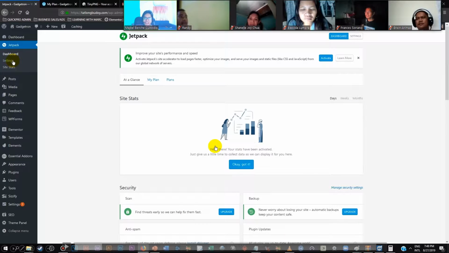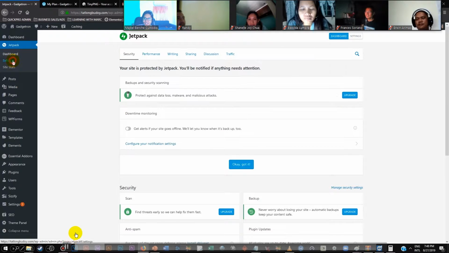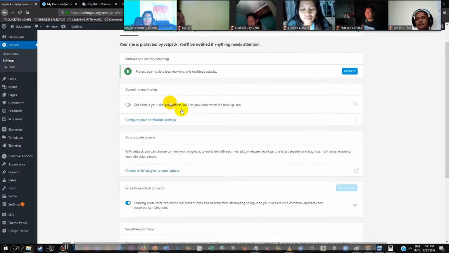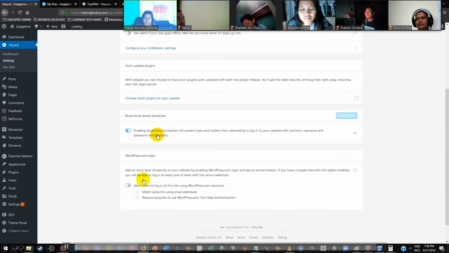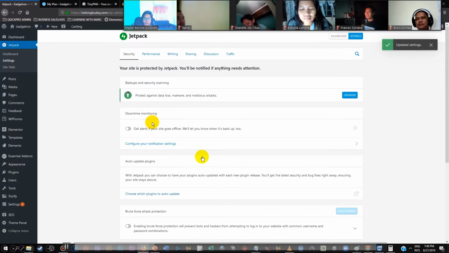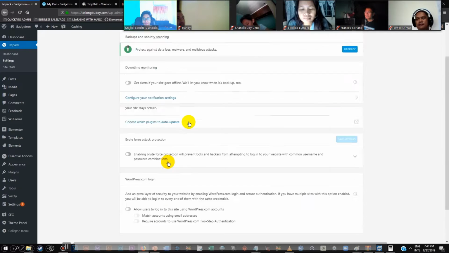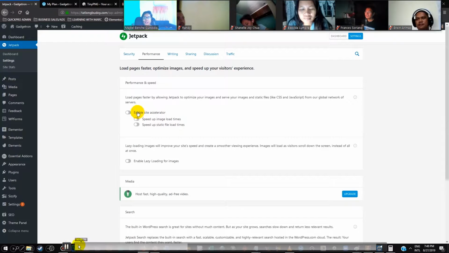Okay, guys, let's go and set up our Jetpack settings. And all you need to do, at the top, you see the word Jetpack. Click on settings. And then make sure everything here is unchecked. Uncheck that. And then on performance, this is the only thing you need to check, guys. The one that says enable site accelerator.